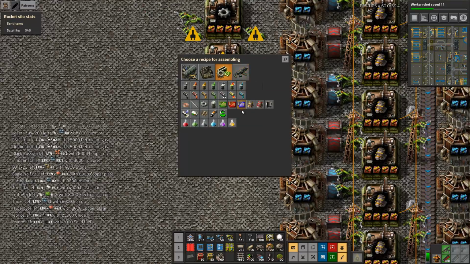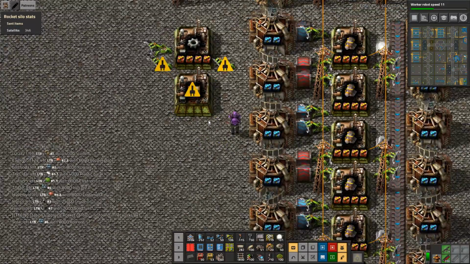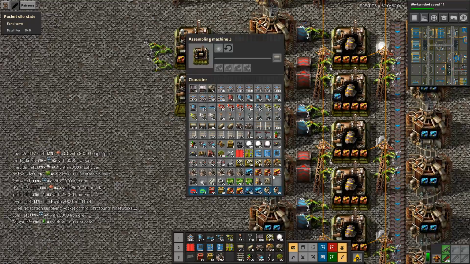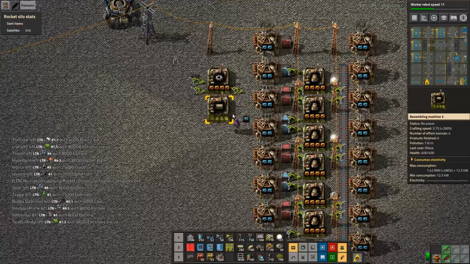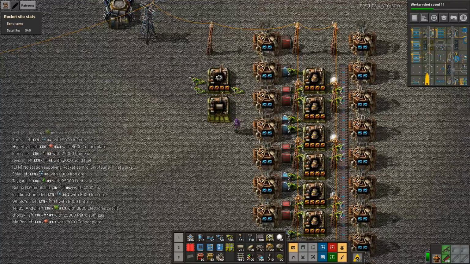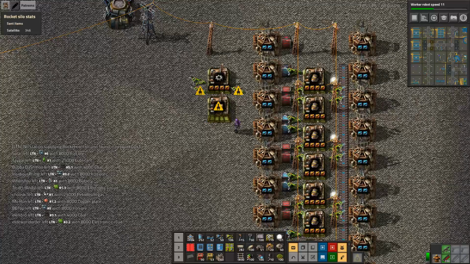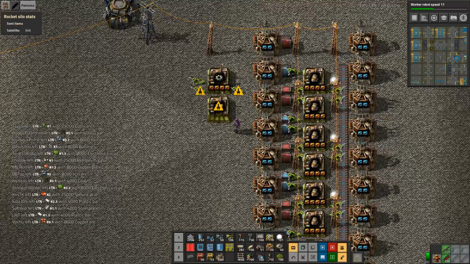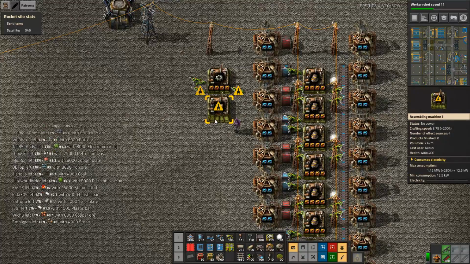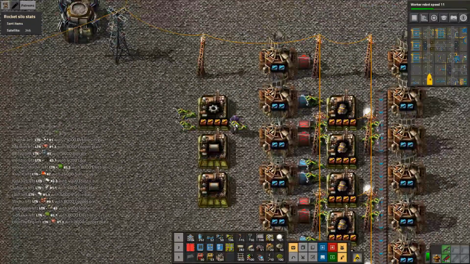Now let's do one. This one will not have any productivity because you can't productivity this. Unfortunate, but such it is. That means it's slightly faster but doesn't have productivity. It's 3.75. So each one is producing 2 per second times 3.75. That means this is producing 7.5. And that means, again, luckily, actually, I need...